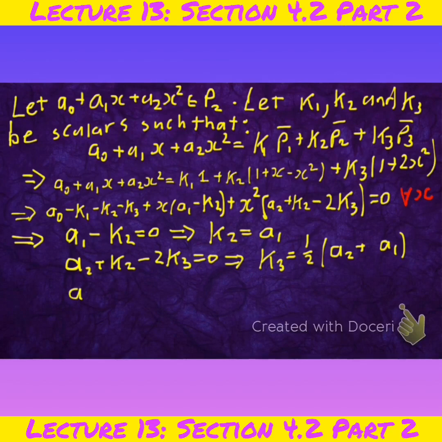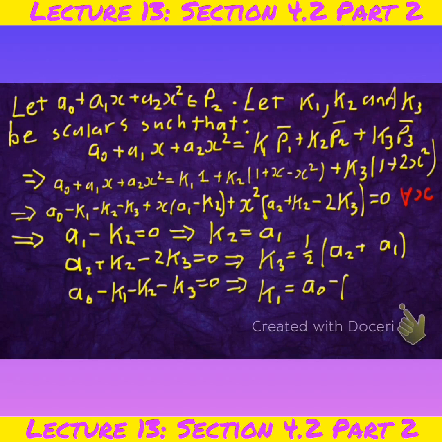And we also have that a0 - k1 - k2 - k3 is equal to 0, which is going to imply, since we haven't solved for k1, that k1 is going to be a0